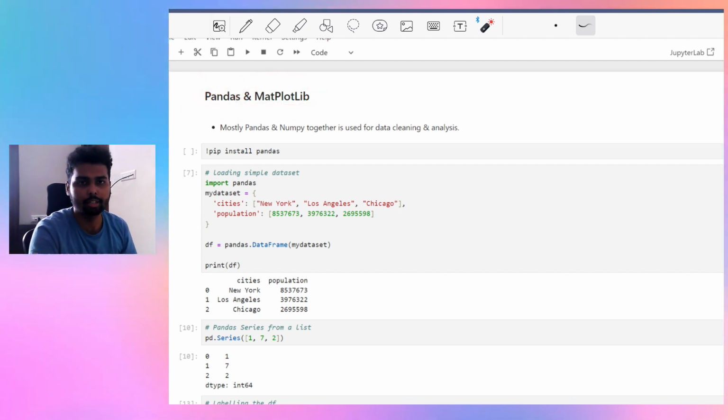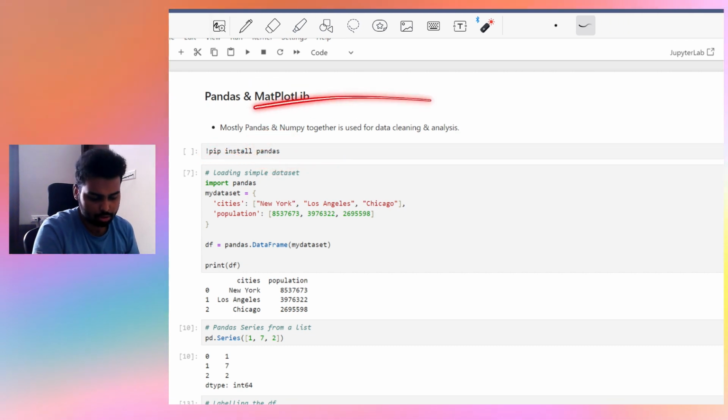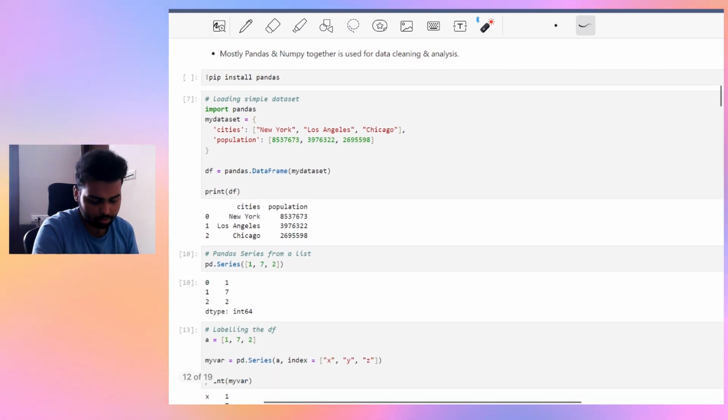Pandas, Matplotlib. Basically, how do you install it? Just like any other library, you do a pip install followed by the library name: pip install pandas and pip install matplotlib, used for data cleaning and analysis tasks. Okay, so